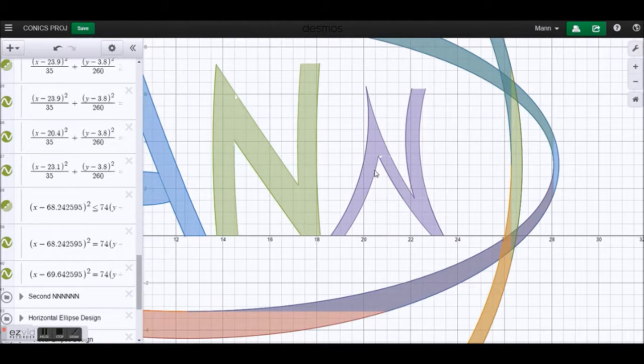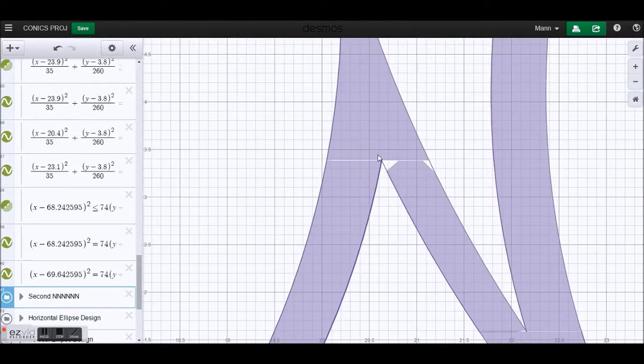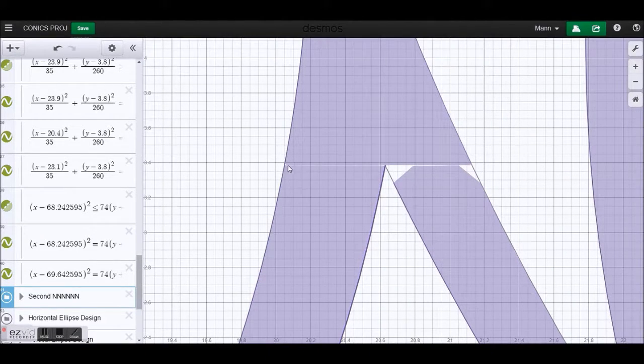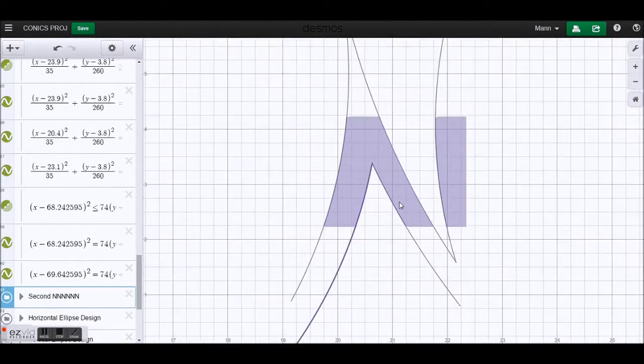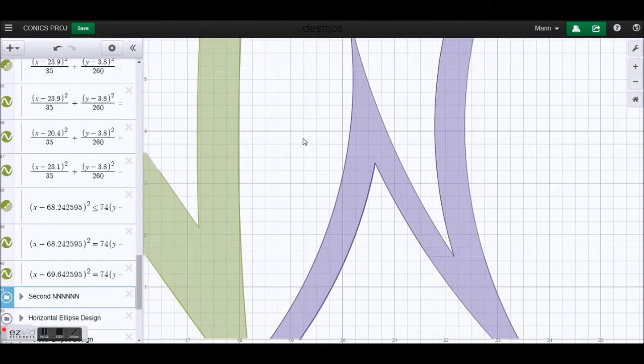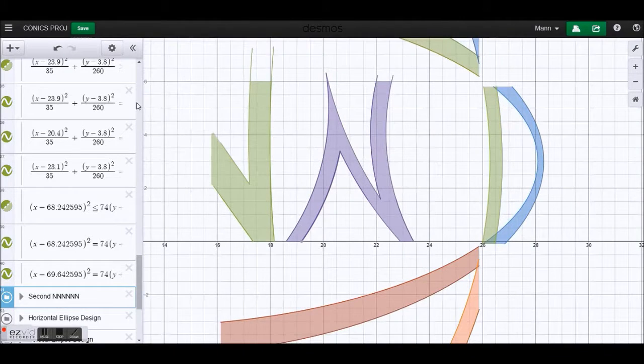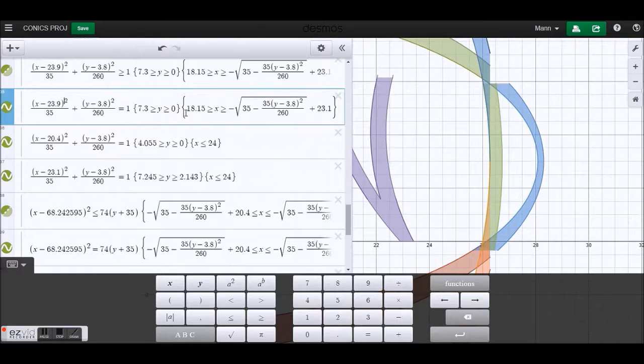One of the things I found to be hardest about this project was definitely shading in the letters. This was because it was difficult to set the right restrictions, and sometimes I had to split it up, like I did here, into different sections to shade it in. Another hard part about this project was simply figuring out the restrictions, and sometimes I even had to use functions